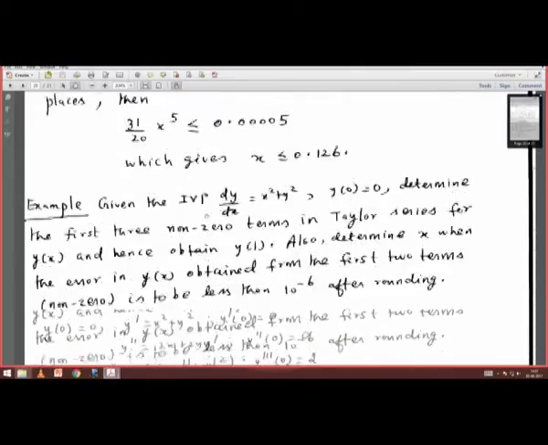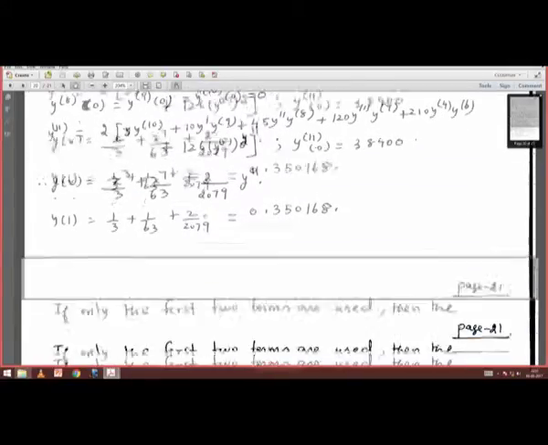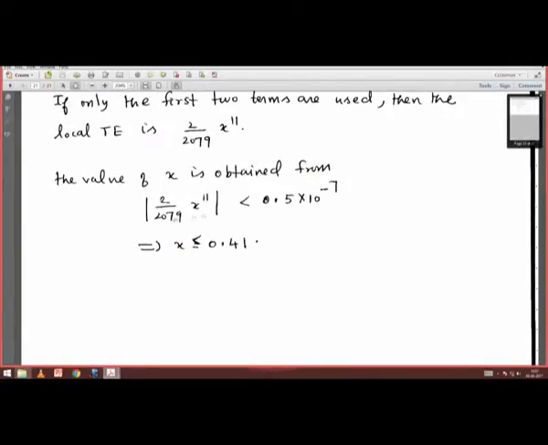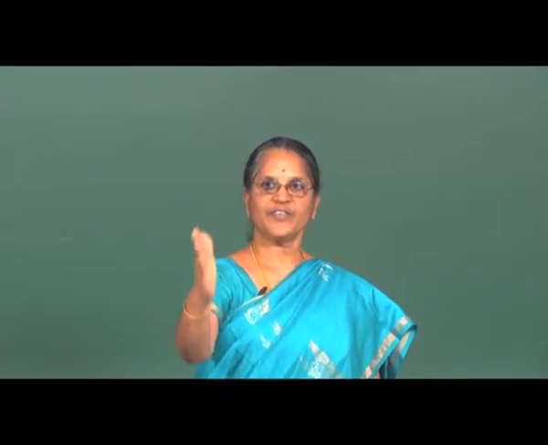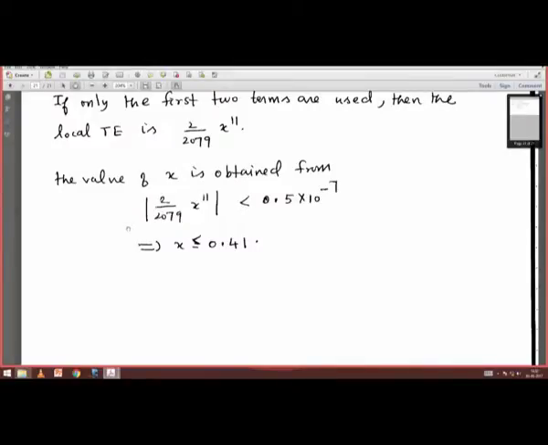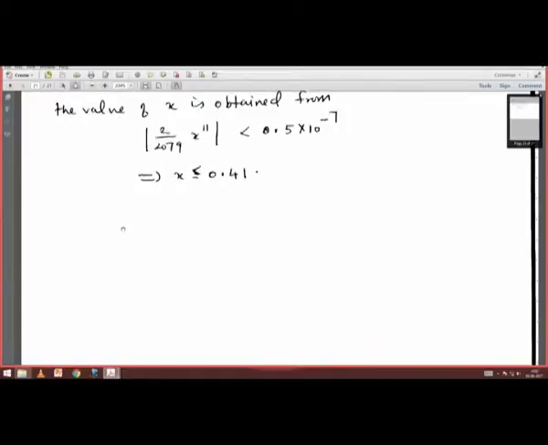So, we have been able to get the value of x in this case to be less than 0.041. For all these values of x, the required accuracy will be obtained by just including the first two non-zero terms in the Taylor expansion. So, we have been able to illustrate the Taylor series method by some examples above. So, we move on to the